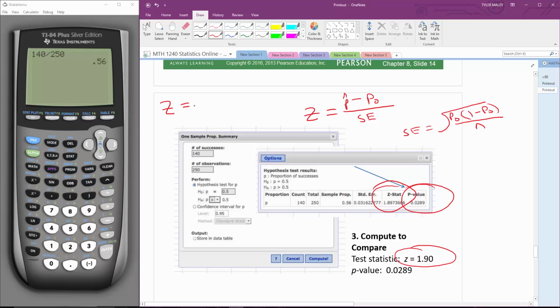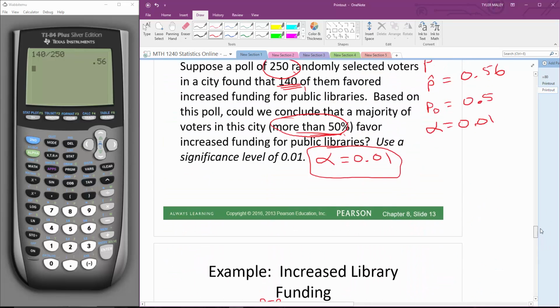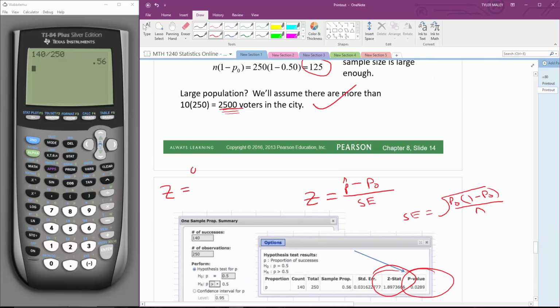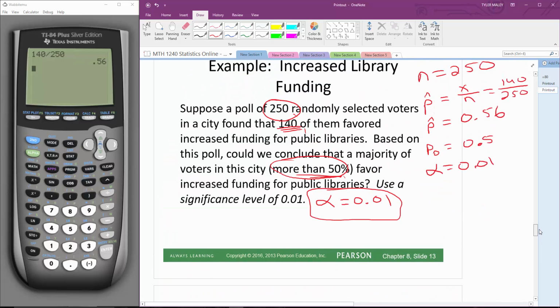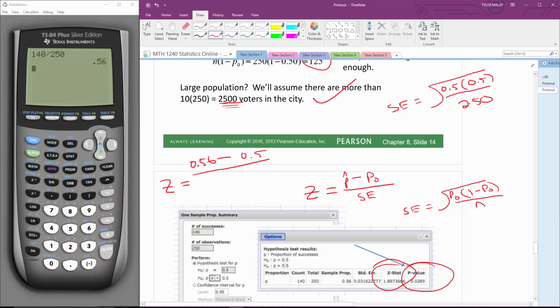So if I find this by hand, p hat we found above to be 0.56. So I would have 0.56 minus p naught, which is 0.5, all divided by the standard error. So I need to calculate the standard error. My standard error would be equal to the square root of 0.5 times 0.5, since 1 minus p naught is still 0.5, divided by n. We had 250 in my sample. So if I take the square root of 0.5 squared divided by 250, I get a standard error of approximately